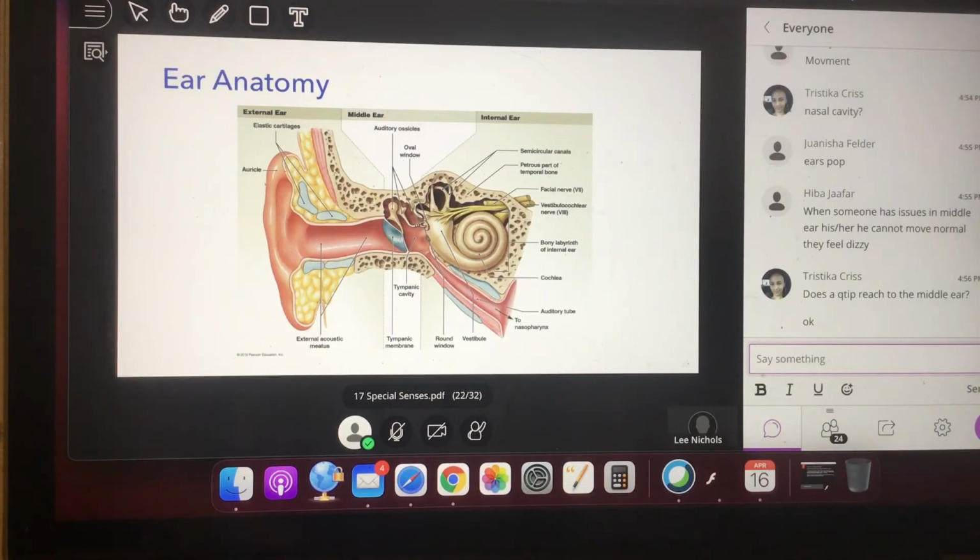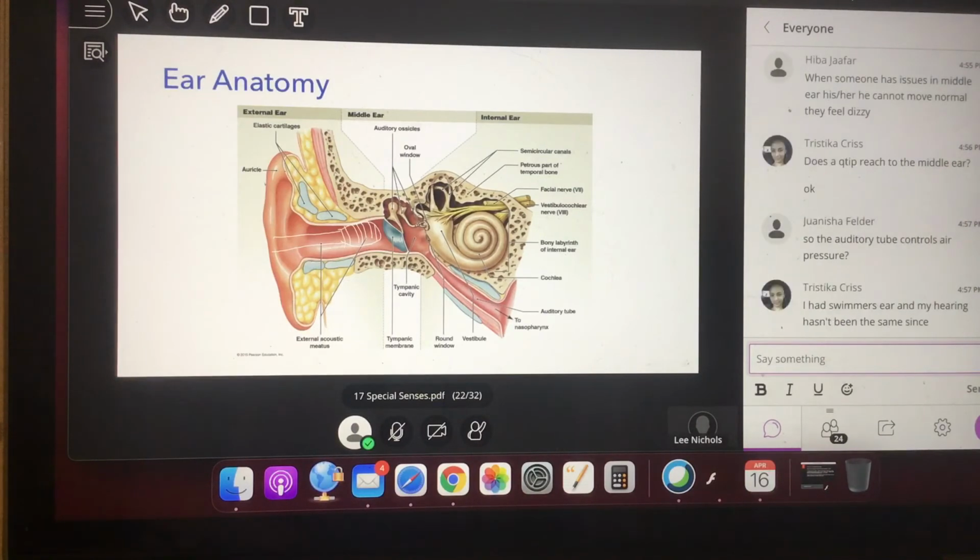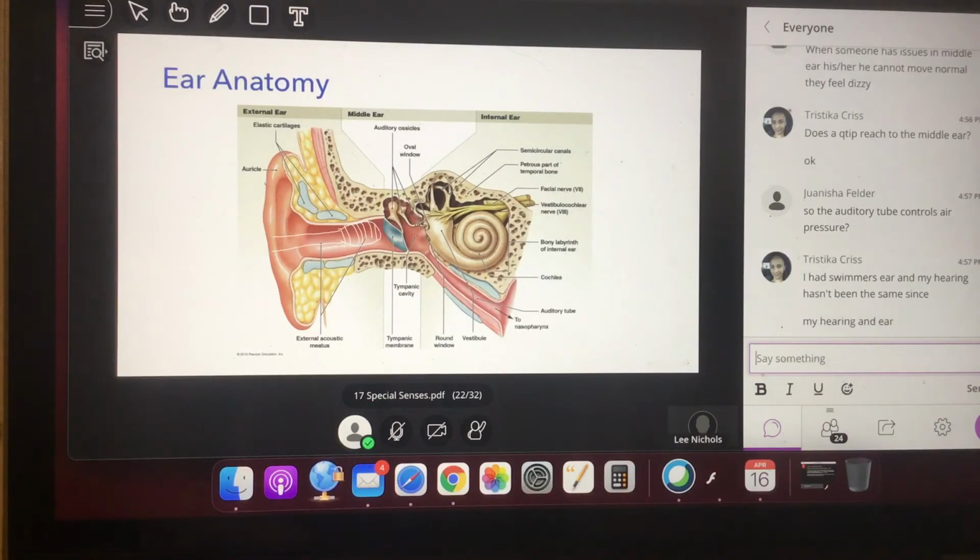Just a little tip from your Uncle Rob, guys. That Q-tip was not made to go in the ear canal. There it is. Does it reach the middle ear? Only if you have done serious damage to your tympanic membrane. Yeah, the tympanic membrane is a living organic structure that should be able to repair itself, but does not always